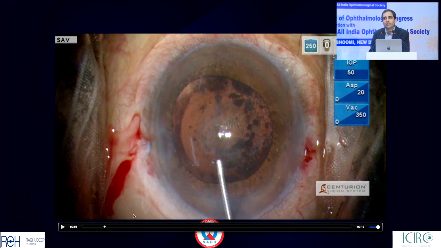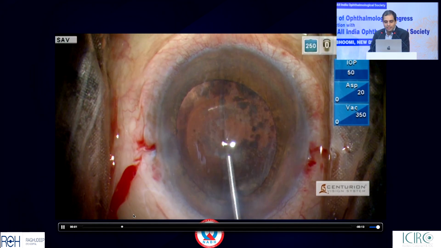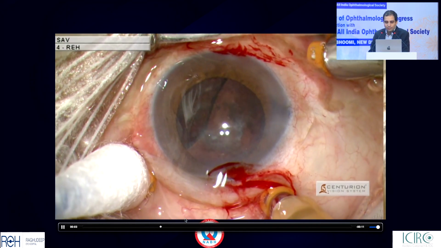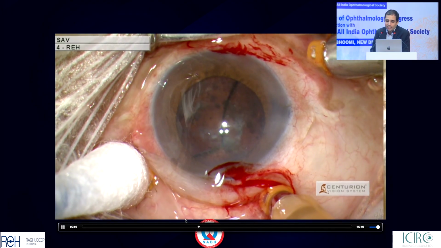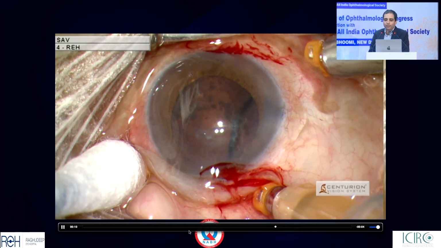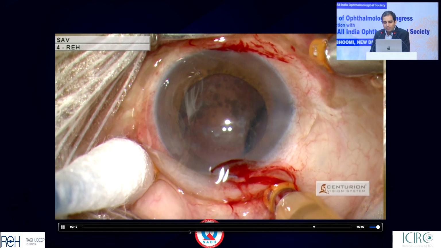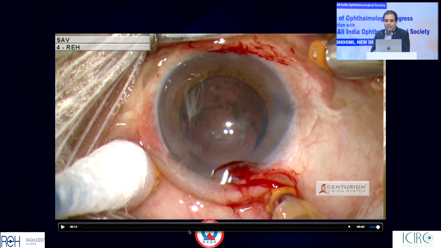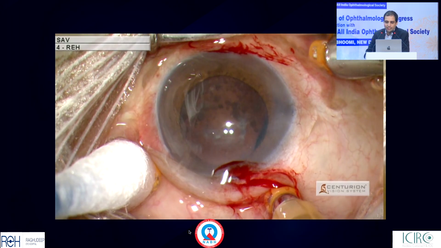So I'm not going to place the IOL now, having learned from the previous case. So I'm just forming the chamber with viscoelastic. Then I'm going ahead with my retinal colleague to make sure that we remove the silicone oil from behind the eye. And then my first plan at the moment is to try and create an opening in the posterior capsule